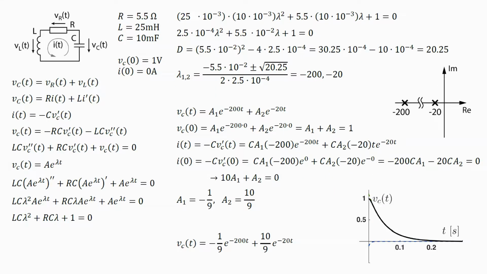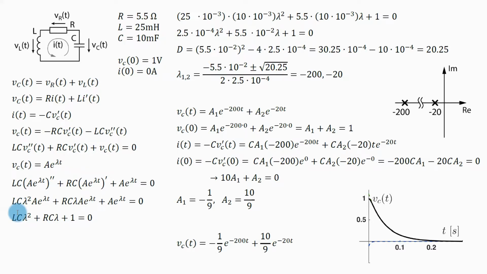Here on this last slide, I have again just a small variation of the circuit from the previous slide. The circuit itself is the same, and the only thing that I have changed is the value of resistance. Now I have increased the resistance even more, and now it is 5.5 ohms. This description of the circuit and derivation of the differential equation and characteristic equation is still the same because the